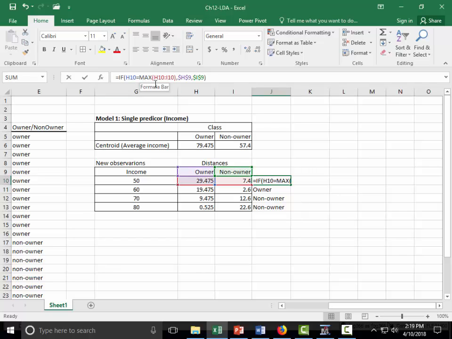Well, I used the wrong one. Which is closer, the closest one, is what we need to use. We need to use min here, so the opposite of what I just said. These are the distances, and we want to assign the class that is closest to the new observation. So the smallest value is what we need to use. Okay? So that will be our predicted